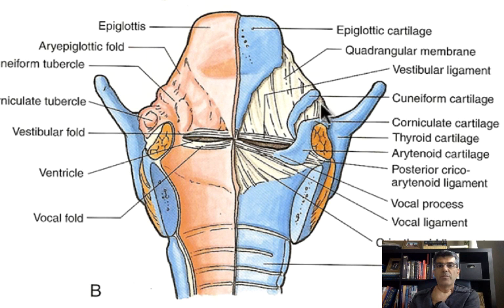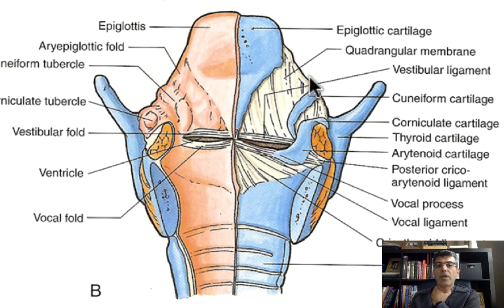Now, why this one is important, I need to mention, because the lower part of this membrane, as you can see, is right here. And that lower part of the membrane is called false vocal cord, or is called vestibular ligament. Vestibular ligament or false vocal cord is the lower part of this membrane. Again, this is a submucosal membrane. It's going to be covered by mucosa.